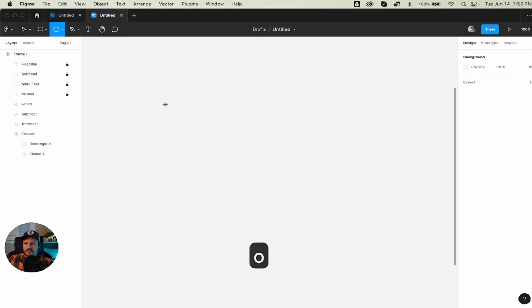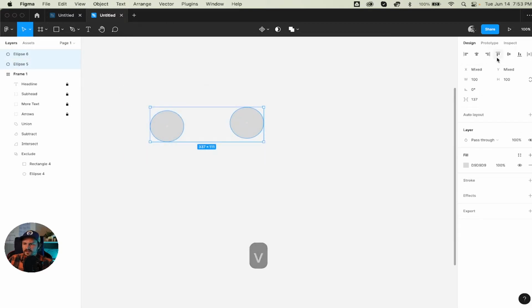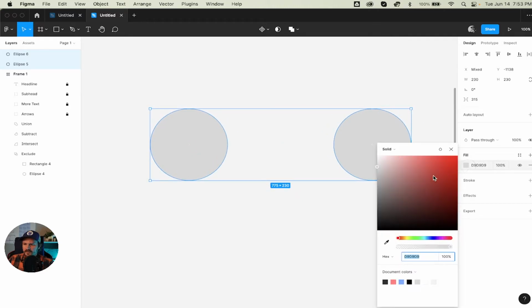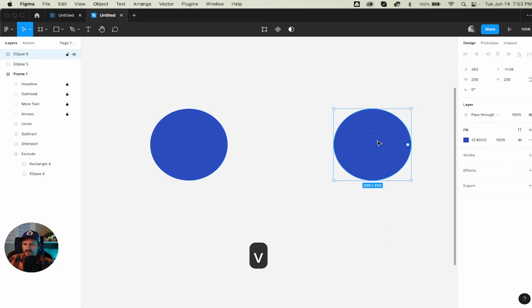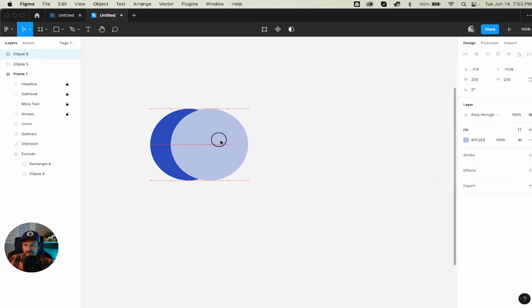We can start with two ellipses. And let's see here, I want to go ahead and make those just a little bit larger. And let's give them something like that, a nice color like that. Okay, and actually I'm going to slightly change the color on that one. Okay, and I'll line these up to where it's sort of like the MasterCard logo, so to speak. And I want the top layer, in this case called ellipse 6,